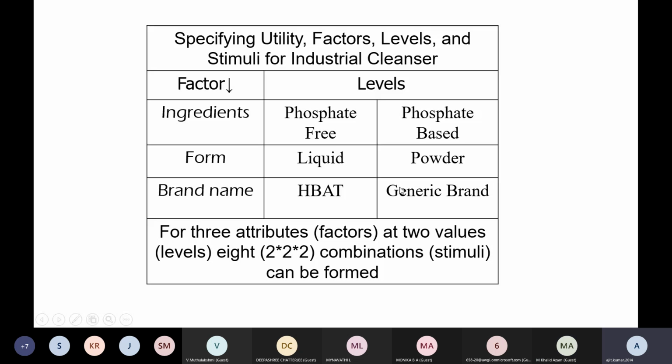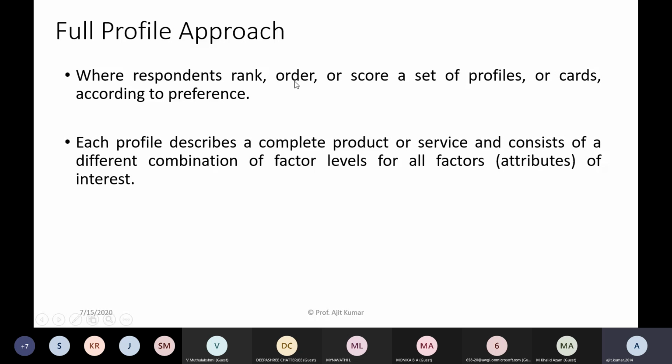If I ask which product is most appealing to you, whether you will be preferring to buy this one, or whether you'll be looking to buy some other combination out of these 8, right? So you know how we rank, how we order certain possibilities or choices, or we can also give a certain score, 1 to 100, to all these different combinations of profiles, right?